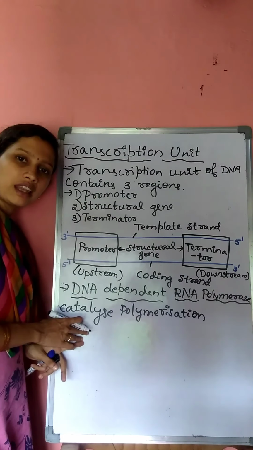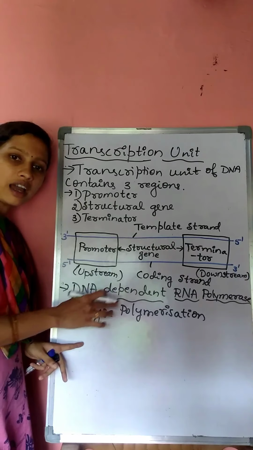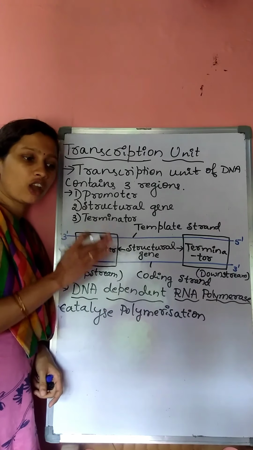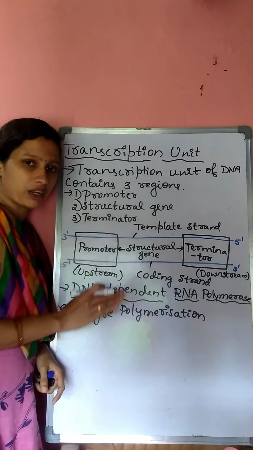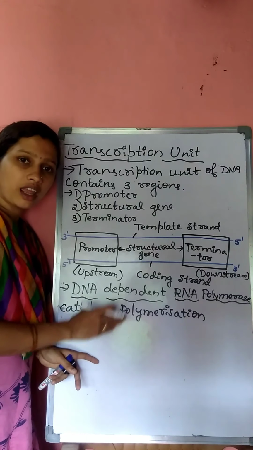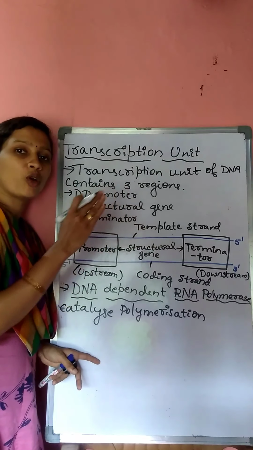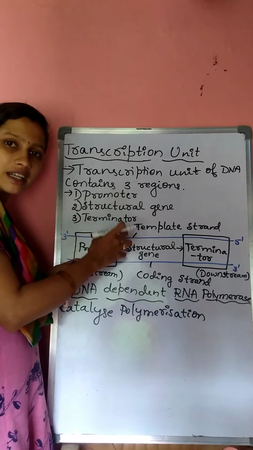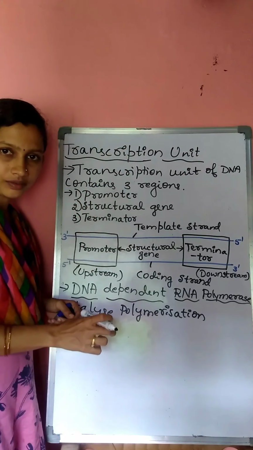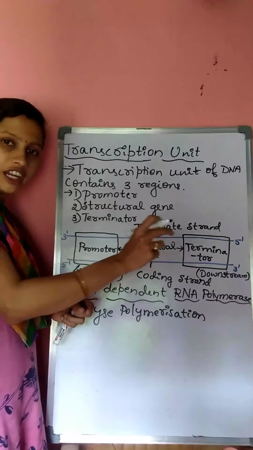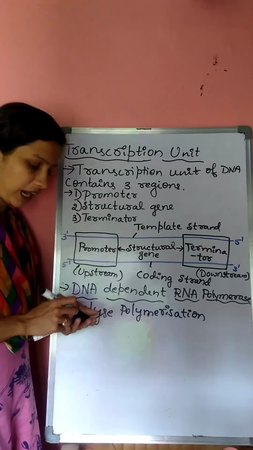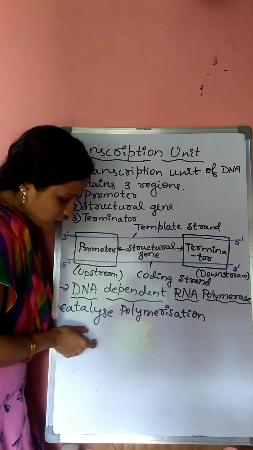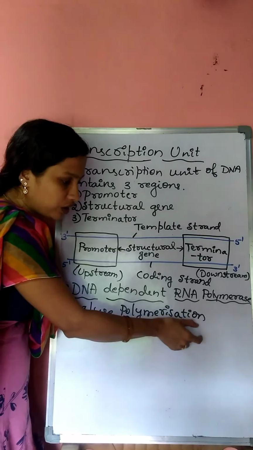In DNA, deoxyribonucleotides are the monomeric unit, whereas in case of RNA, ribonucleotide is the monomeric unit. The joining of many ribonucleotides forms RNA. The addition of ribonucleotides is nothing but polymerization.